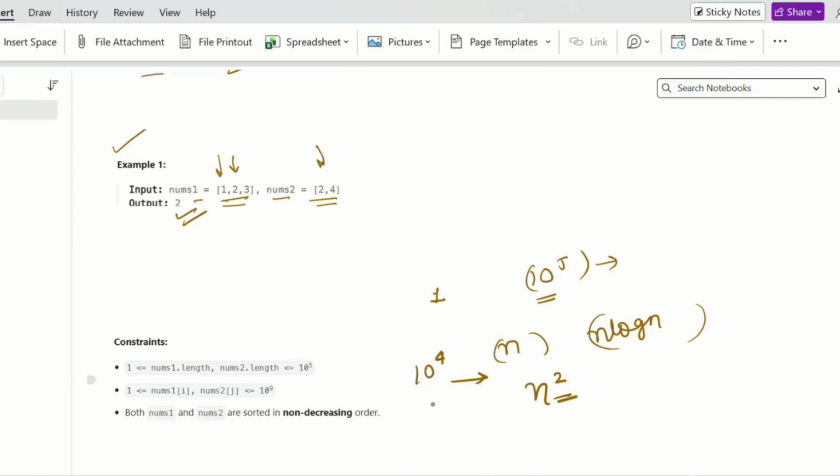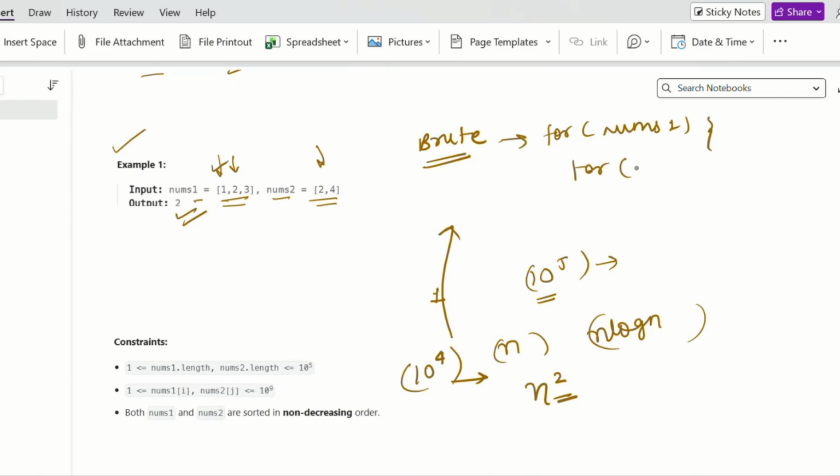So first, if it is 10 to the power 4 and we try to solve it with the help of a brute force approach, what can we do in the brute force approach? We can basically use two loops. One will traverse the nums1 array, and inside that for loop we will use another for the nums2 array.